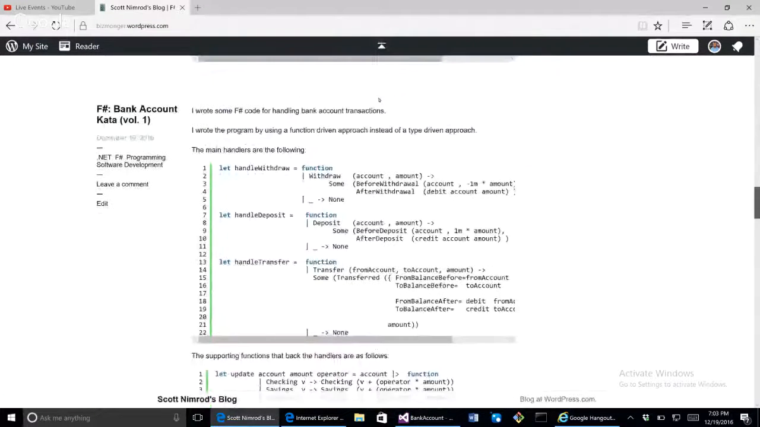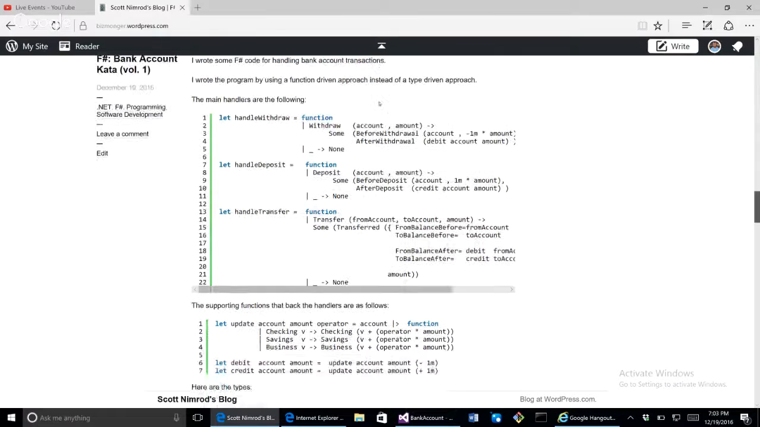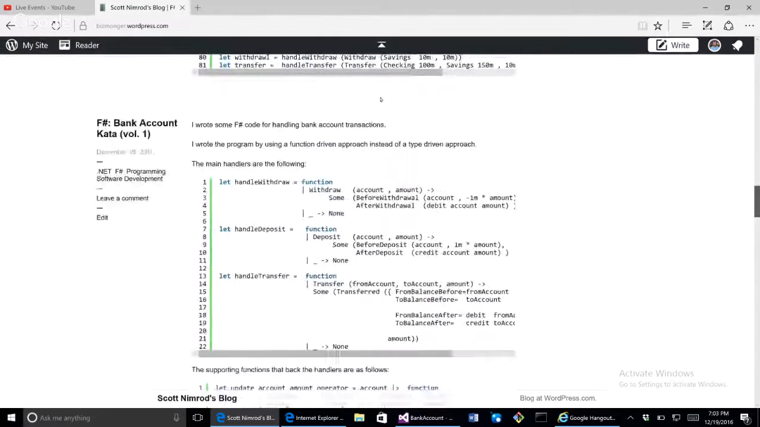I'm not the best developer in the state of Florida, but I'm curious who is. Anyway, this is my technical blog. And earlier today, I did this F sharp bank account kata volume 1. Basically, it's a kata for the standard operations of a bank account. You withdraw money, you deposit money, and you might want to transfer some funds between your accounts, for example, between your checking and your savings. In version 1, volume 1 of this bank account kata in F sharp,